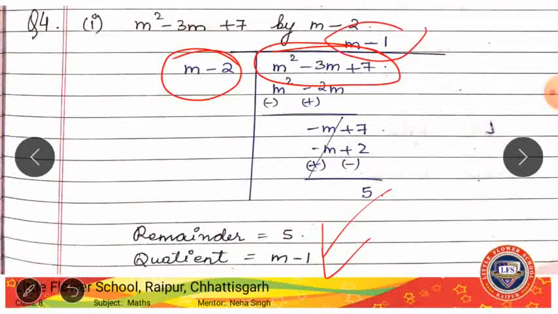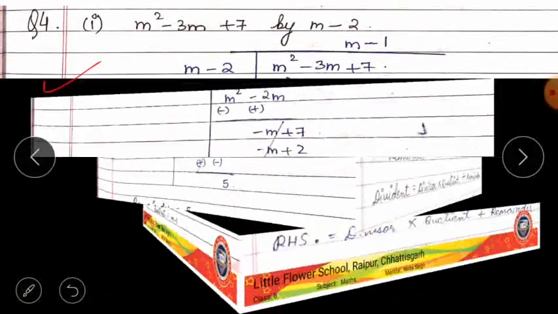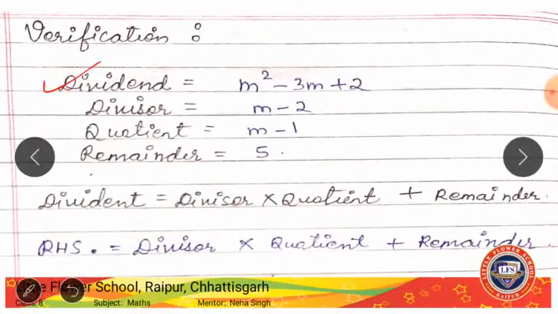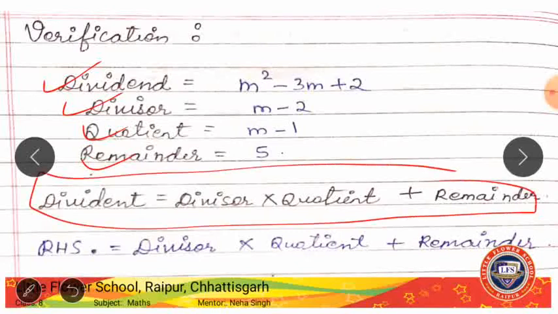Quotient is your answer, remainder is the leftover part. So you will write all the terms here: dividend, divisor, quotient and remainder. And now for verification we use the division algorithm, right? Division algorithm: dividend equals divisor into quotient plus remainder,